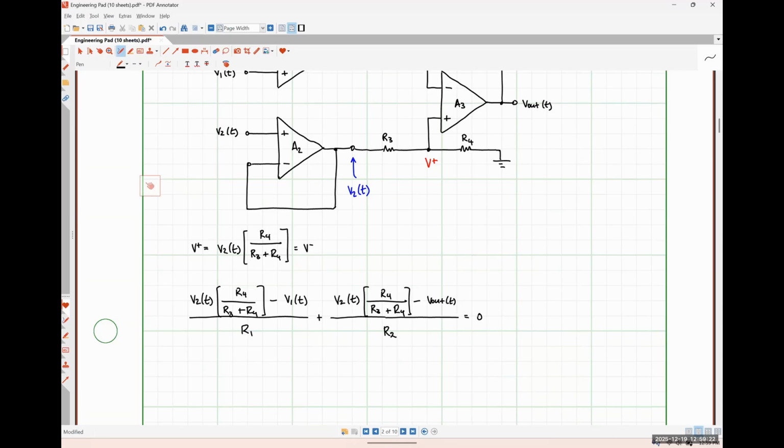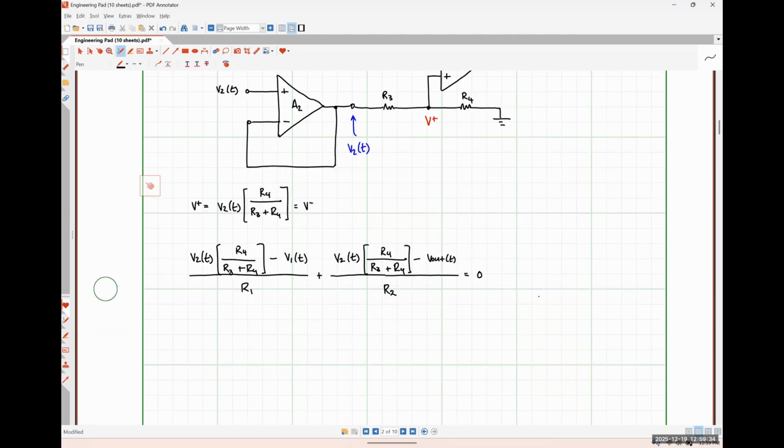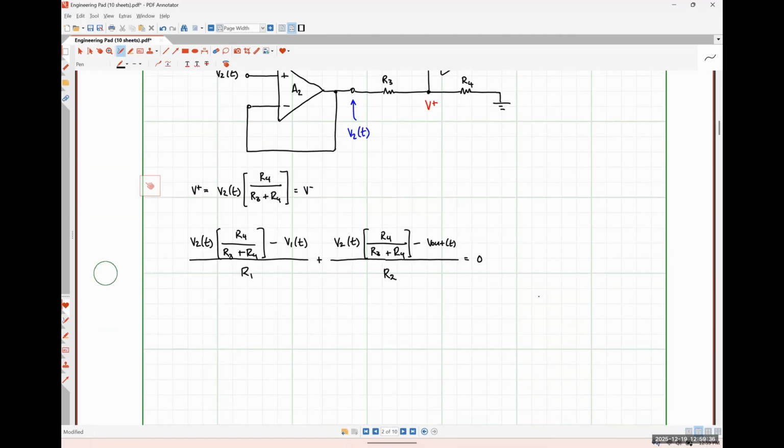pretty easily. So what I'm going to do is I'm going to multiply both sides by R1 times R2, okay? I'm going to do that to get rid of those denominators, okay? So if I multiply both sides of this guy by R1 times R2, 0 times R1 times R2 is still just 0. So nothing's going to change on the output side, but I'll have